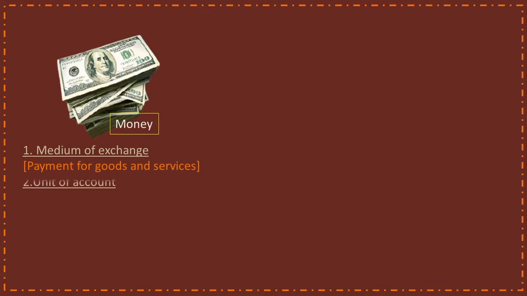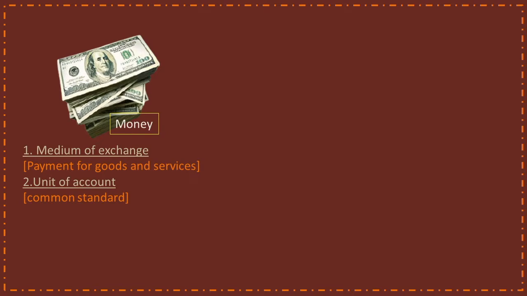And because of this feature, it also adds one feature, that it is a unit of account. Unit of account means we can measure something between what is much costlier and what is less costly. We take an example that we have a packet of biscuit and we are purchasing a car. If we want to know what is much costlier, we will compare these two things by money. The car will be costlier, because the worth of the car is about 8 or 9 lakhs, and the worth of the biscuit is about 10 rupees, so the costlier one will be what? Car. So the worth of the car will be more. So unit of account means a common standard to measure something between two items, that what is much costlier and